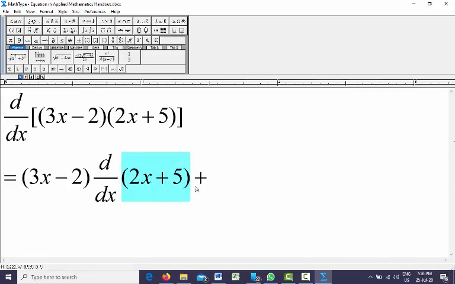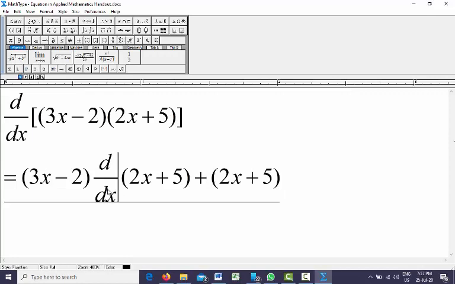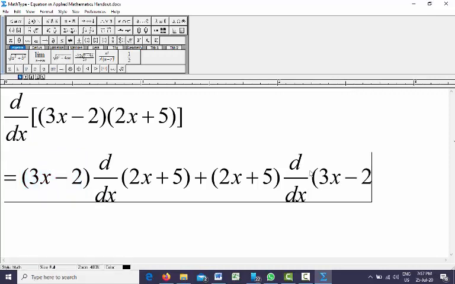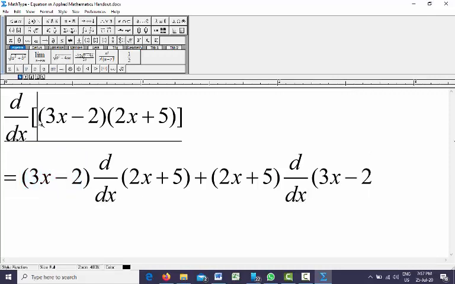Now both of these items will change their position. So we will have, let me write and then I will explain. So I'm saying again, if you have two items like this multiplied, those are in multiplication, you can apply the multiplication rule of differentiation. And always remember, you can choose either of these two items to keep behind d by dx.